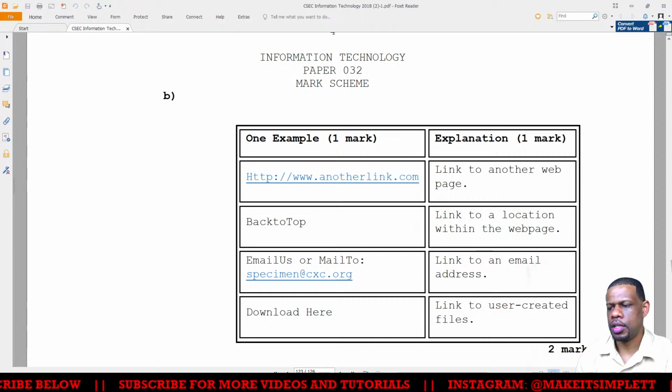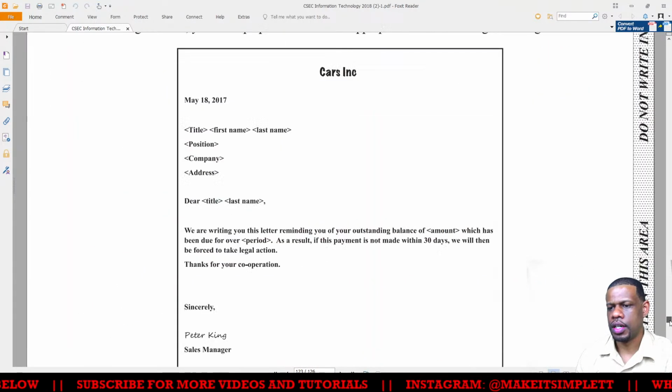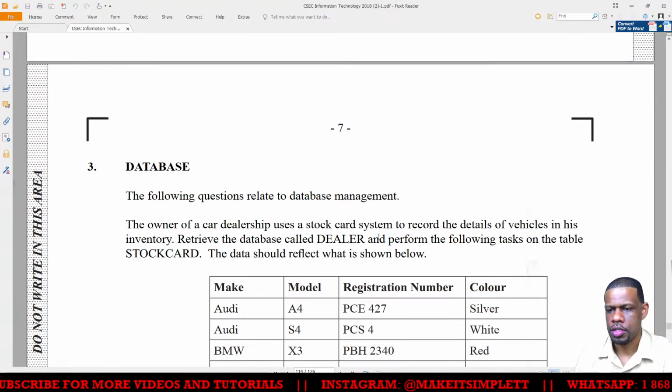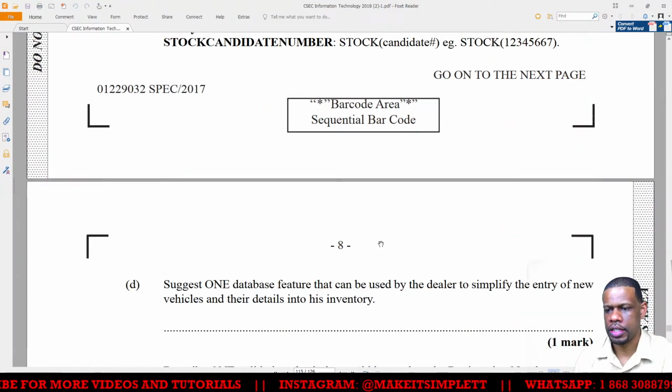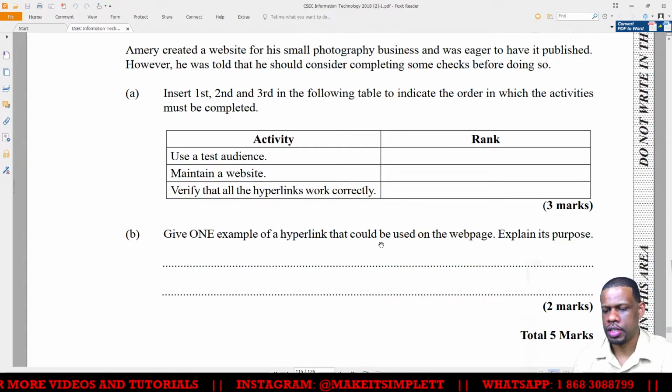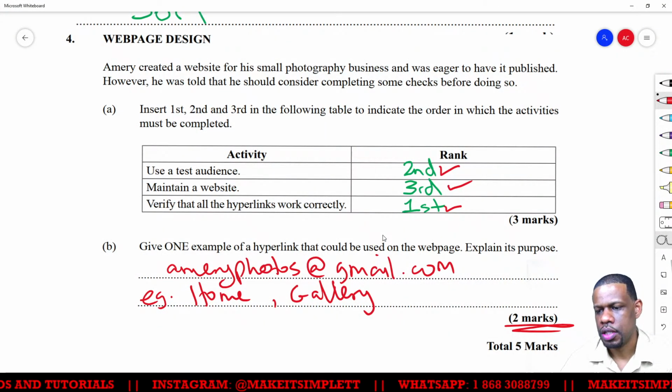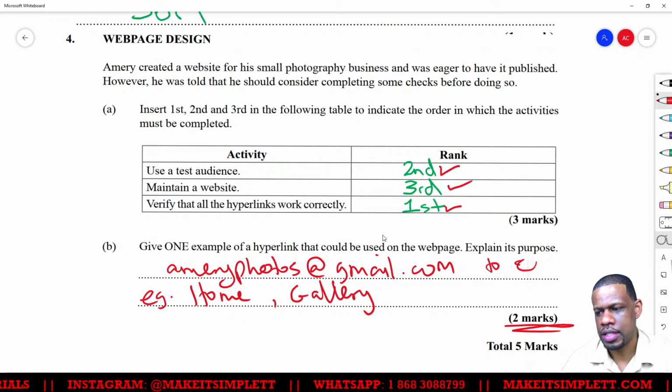So basically what they want is for you to give an example of a hyperlink and what it would do. So that's cool. That's logical. I see no problems there. So basically what you have to say is amariePhotos@gmail.com to contact